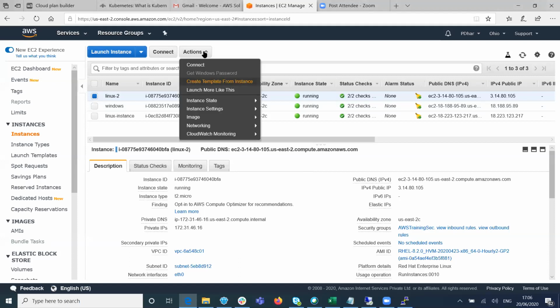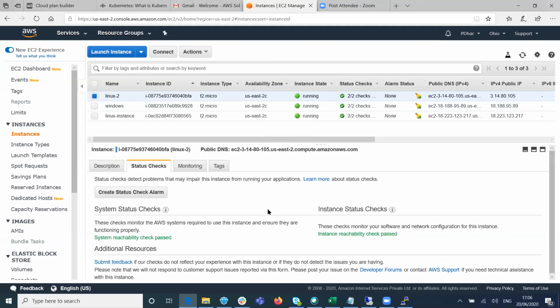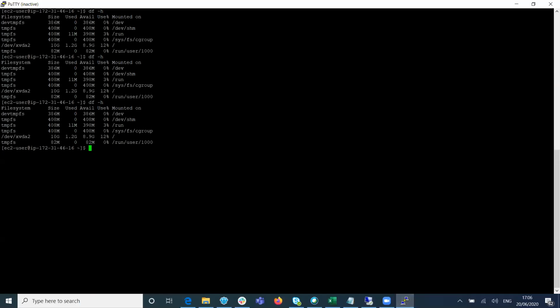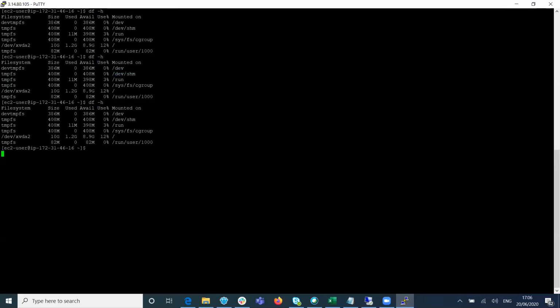Yeah, it is running now. That's quick. Status check, all perfectly all right. This is gone, just reinitiate it on the top. Restart session. Yes.